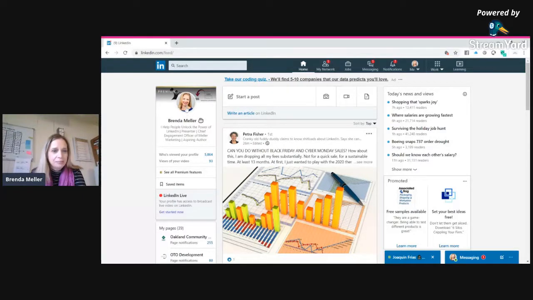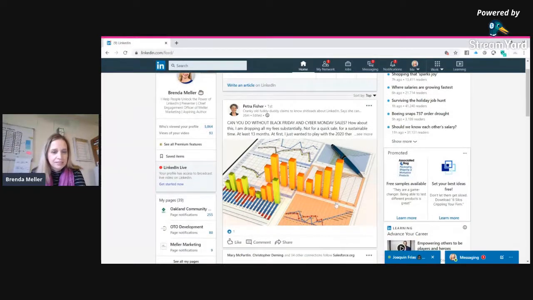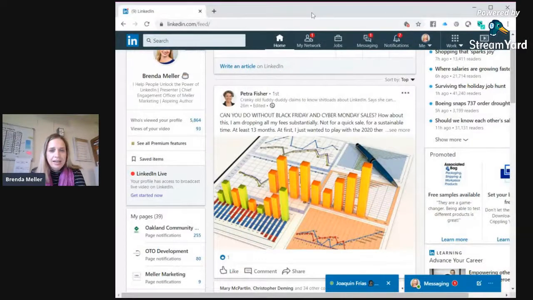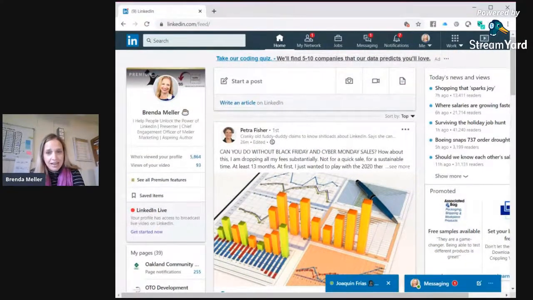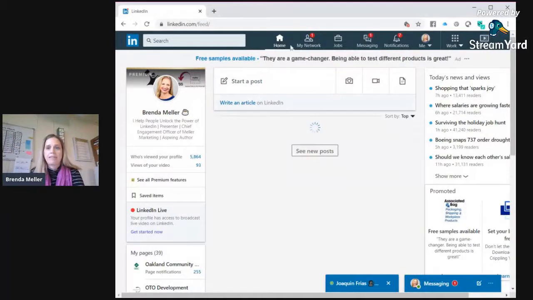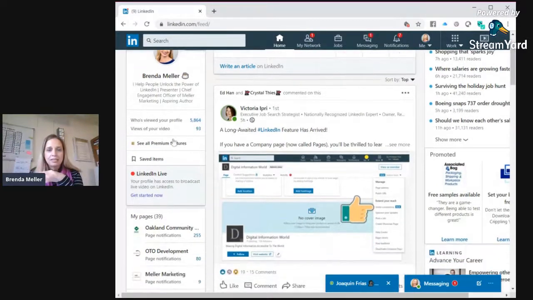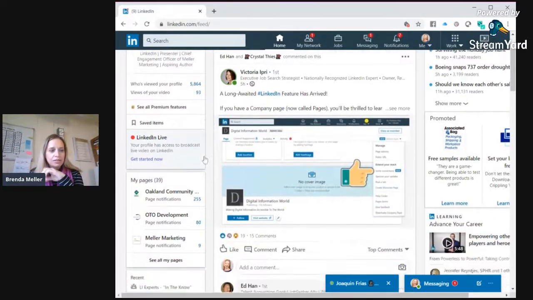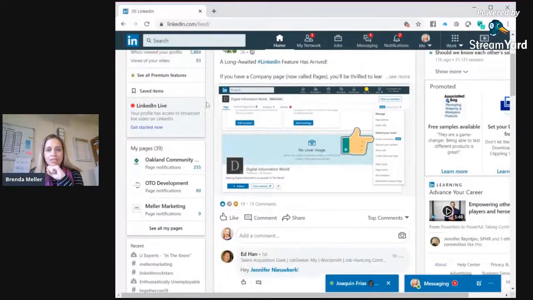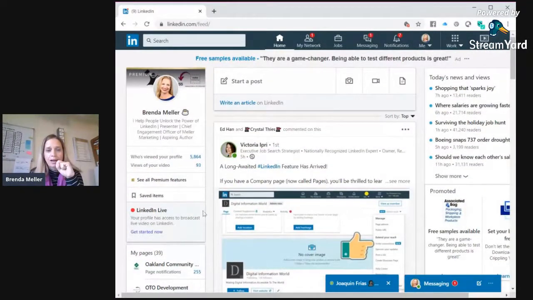I was on my LinkedIn account, and I think you can see the screen that I'm navigating through here. But I was on LinkedIn last night, and on the left-hand side, if you're on your homepage feed, and you click on the home symbol to get back to your homepage feed, along the left-hand side, where I see my photo, my name, and it has some stats about profile views and views of the video, etc., things like that. Underneath, all of a sudden it appeared, this box right here. I'm going to highlight the text so you can see this LinkedIn Live with this little red dot that was suddenly there.